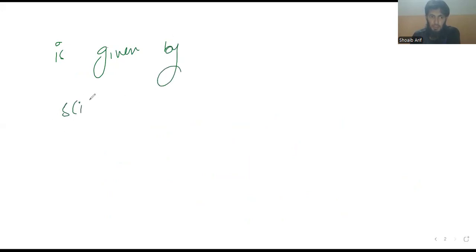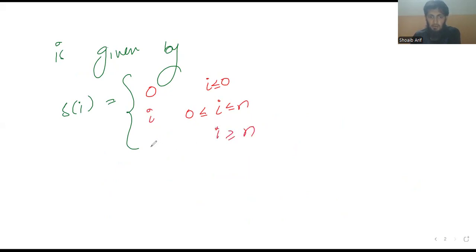So S of i is equal to: if i is less than 0, we will get 0. If i is between 0 and n, we will get i, the same number. If i is greater than or equal to n, we will get n. Okay, this means the infinite length